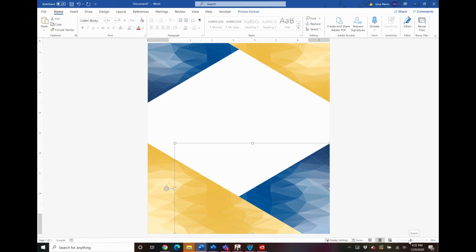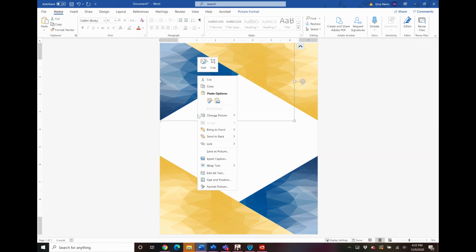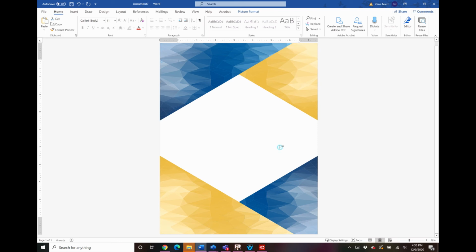And depending on the look that you're going for, you can leave it just like this if you want the blue to be more of an accent color and the yellow to be more predominant. Or let's say you want this blue to be out in front so that you have equal amounts of blue and yellow on the page, or blue and gold. Then that looks really nice. And now you can put your title right in the middle. For this one, I decided to go with a really big all caps font.